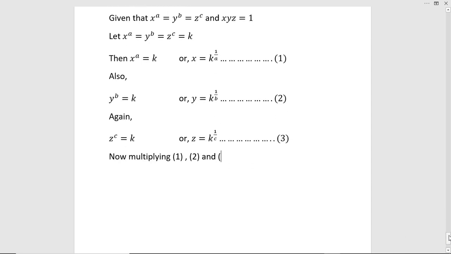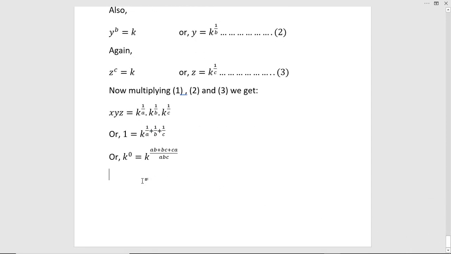Now multiplying 1, 2 and 3, we will get xyz equal to k to the power 1 by a into k to the power 1 by b into k to the power 1 by c. So value of xyz is given 1. So 1 equal to k to the power 1 by a plus 1 by b plus 1 by c. So we can say that k to the power 0 equal to k to the power (ab plus bc plus ca) divided by abc, by taking LCM and adding the fractions, or (ab plus bc plus ca) divided by abc equal to 0,